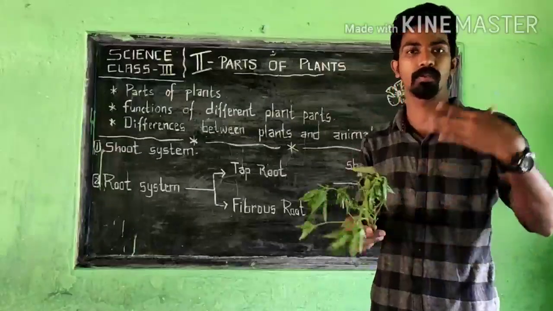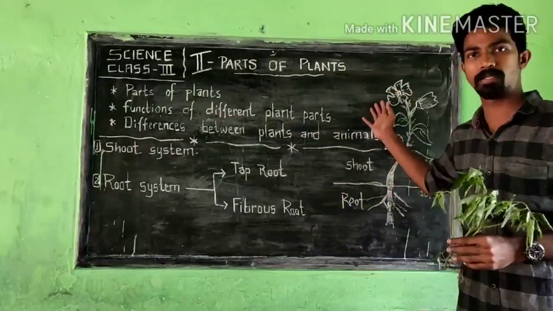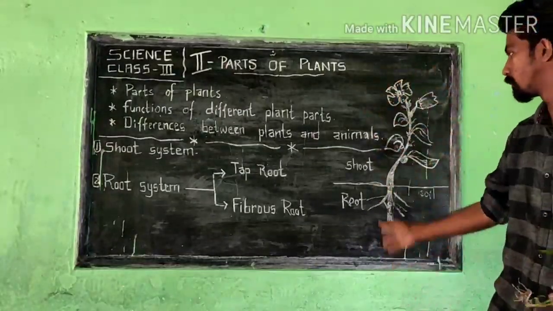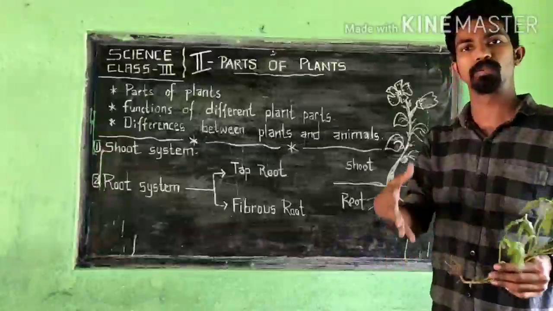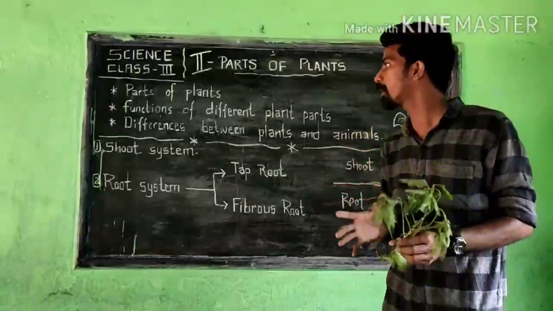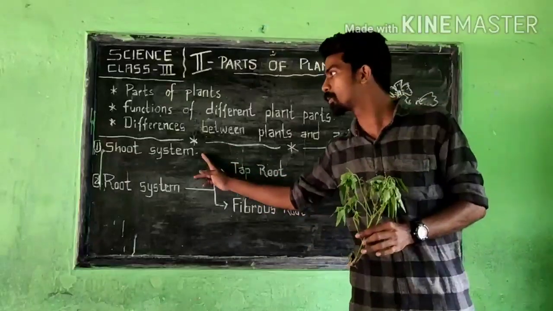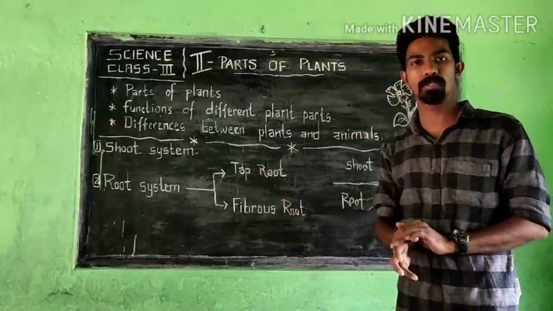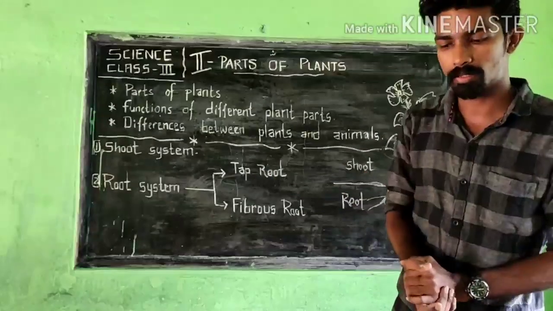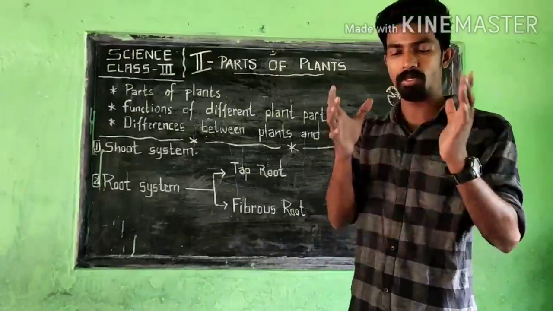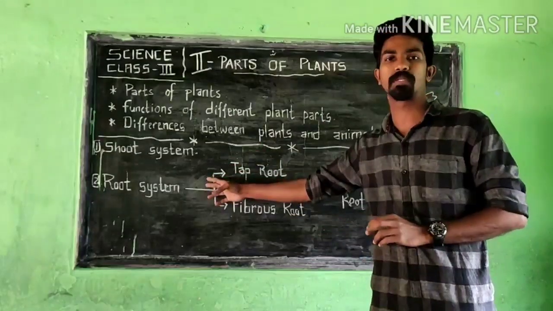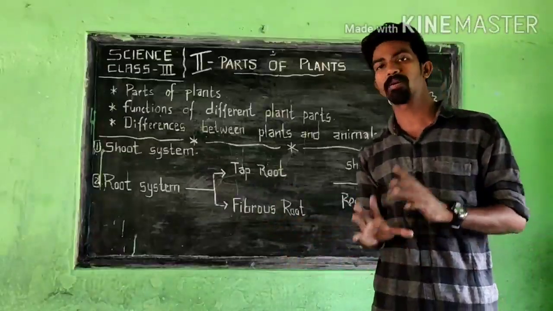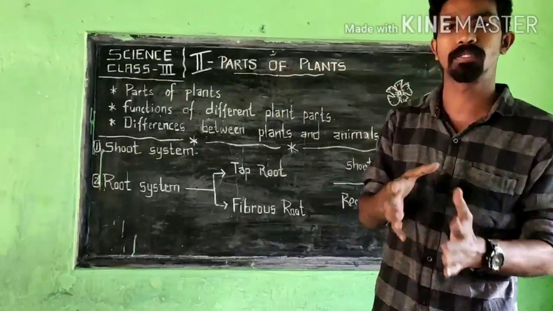You look at any plant, you can see at least flowers, seeds, leaves, a stem, branches, and finally the roots which are inside the soil. Today we will study the shoot system and the root system, and mainly we are focused on the root system. The shoot system is given later in the textbook. First they gave the root system. So we will study the root system and types of roots. We have 2 types of roots, one is tap root and the second is fibrous root.